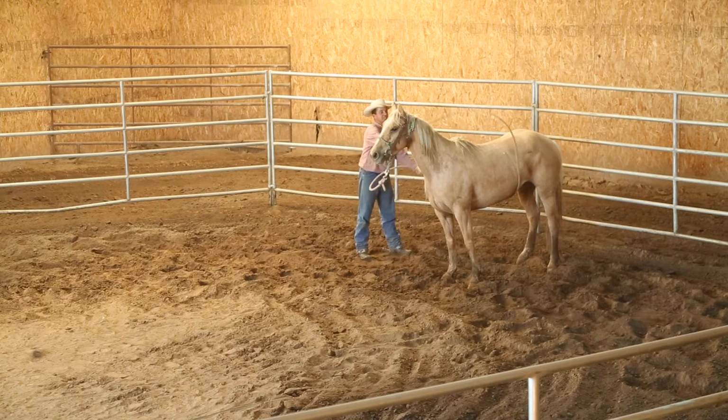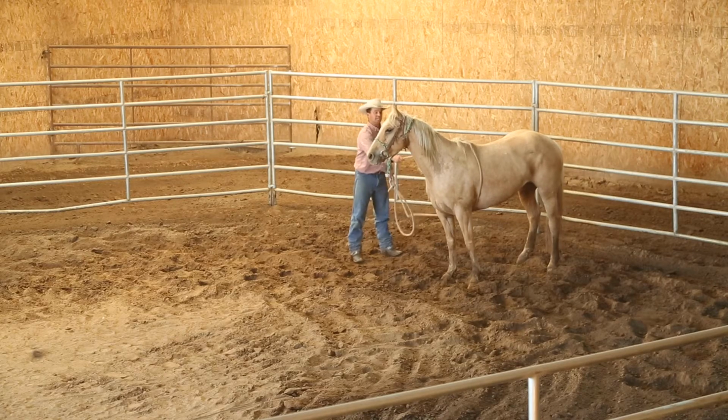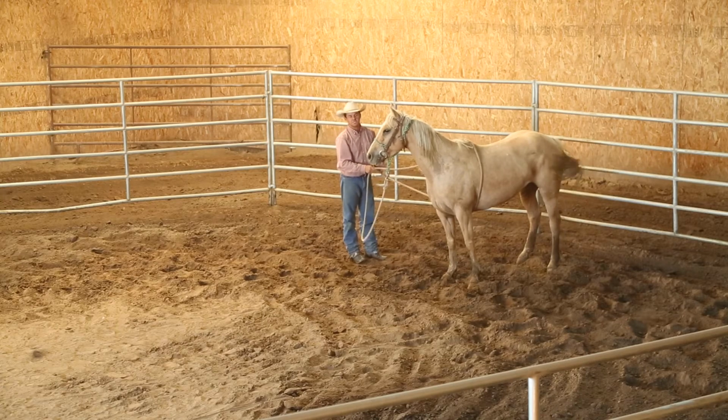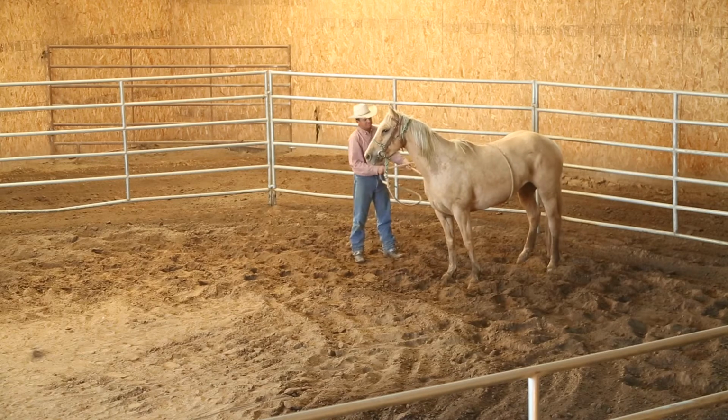Now, if we just attached, like we used to do in the old days, we just tie a saddle on and then just let them kind of go off and go to bucking and sort it out. Once they got kind of fatigued enough to quit bucking, then we can go to work. Now, if we don't ever have to go through that traumatic process, not saying every horse is going to fit the mold and basically not buck ever, but doing this totally sets them up to succeed